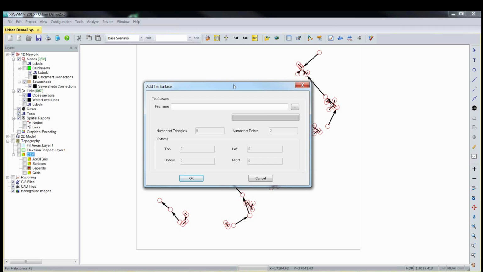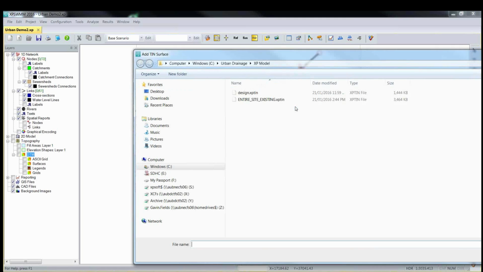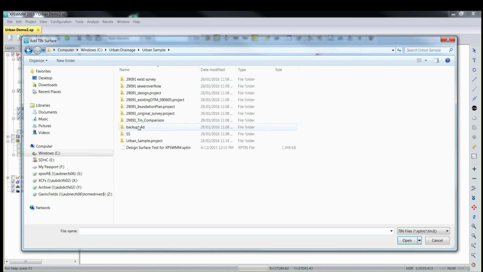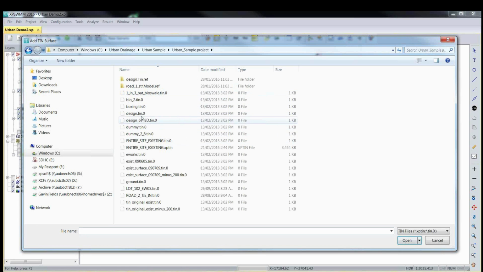We can bring in LandXML from Civil 3D, XYZ data from GIS packages. I think we're pretty flexible on the terrain. I've already tested this before, but I'm going to go back to the raw 12D data just to show how that can be done. And if I find that design TIN surface came from 12D directly, it's the tin.0 format,